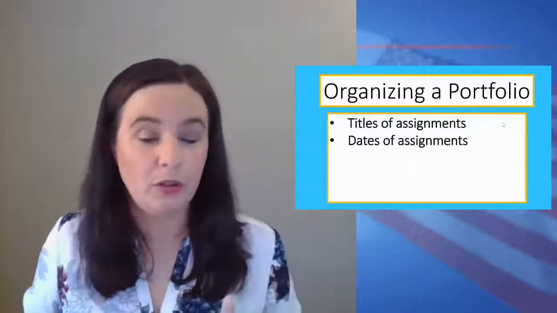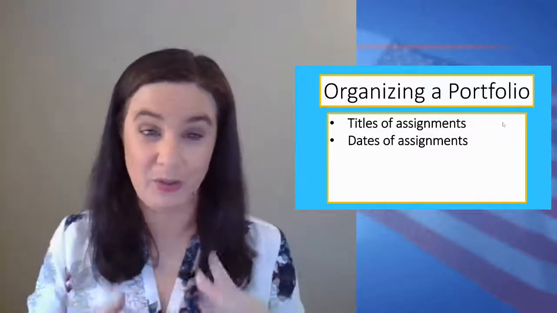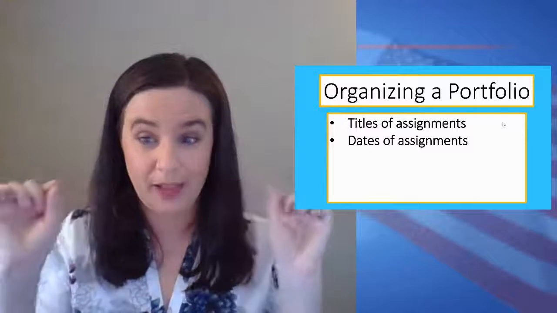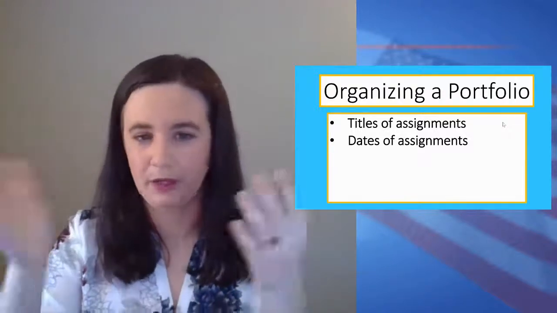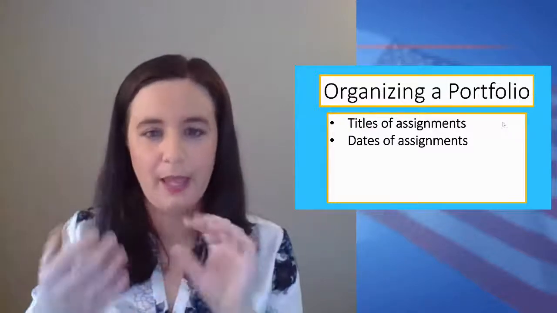So, general thoughts: make sure you include the title of the assignment or a relevant title on each piece of evidence. This goes back to sometimes naming the files. Like I was saying, if they're doing a digital portfolio, make sure the file names make sense, so you can go back and see them later and search for them. If you're doing a physical paper one, write on the top of the paper in really bold, clear lettering, or on the back if it's something very visual and you don't want to mess it up. But make sure you have the title and the date of the assignment.